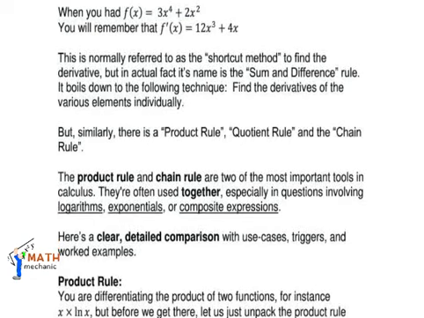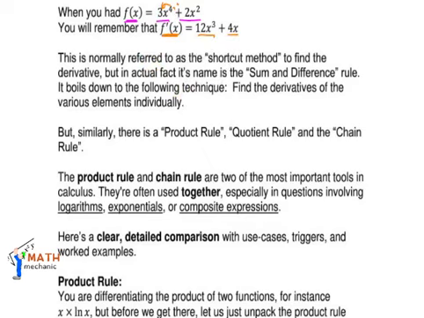So remember, when you had something like this, f of x is equal to 3x to the power of 4 plus 2x to the power of 2. Any example of an expression from grade 12, you will then remember that to find the first derivative, you multiply the exponent with a number at the front and then subtract 1 from the exponent. So you get 12x to the power of 3 plus 4x to the power of 1.